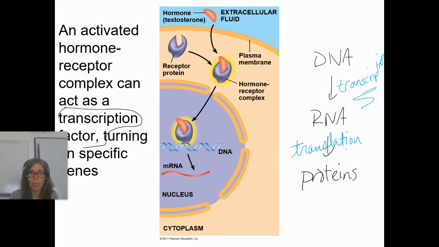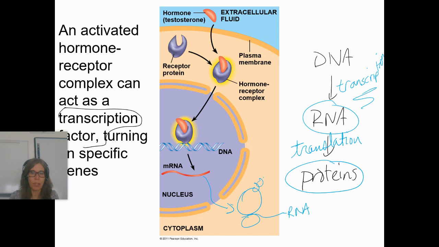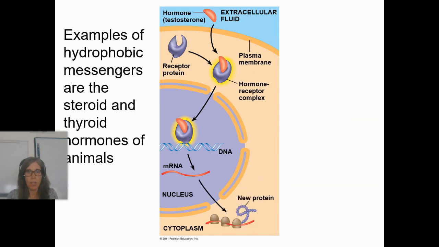I really am. But the language of RNA is very different than the language of proteins. This one has 4 letters, AUCG. This one has 20. Very, very different. So transcription factors are molecules that can tell DNA to turn on, or in this case, to turn on. Okay, so DNA makes RNA as transcription, and then just for the sake of completion, I can draw the ribosome. Here's the messenger RNA, and that would be making a protein. Okay. So examples of hydrophobic messengers or ligands are steroids, testosterone, estrogen, progesterone, aldosterone, or the thyroid